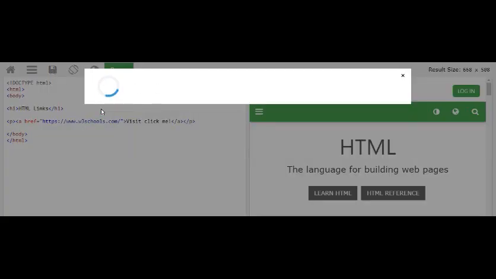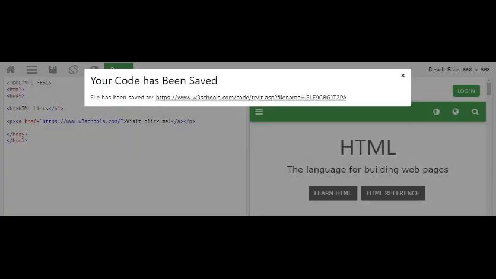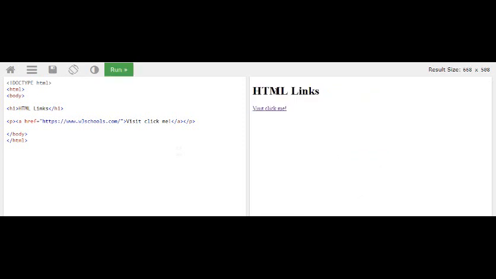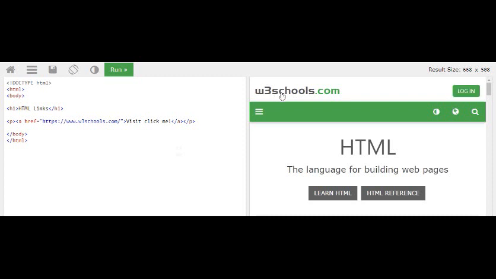Then I am running the option. See here, "Visit, click me". Previously we had it open W3Schools. Now I am clicking here, click me. What is going to be obtained here? The w3schools.com web page is going to open.